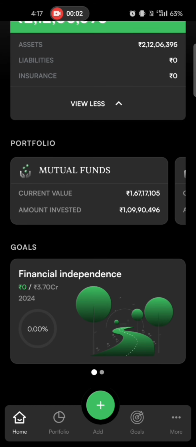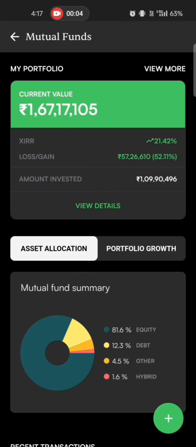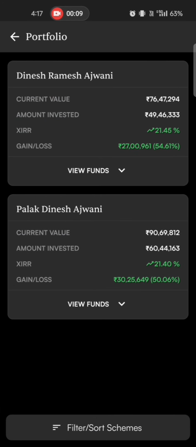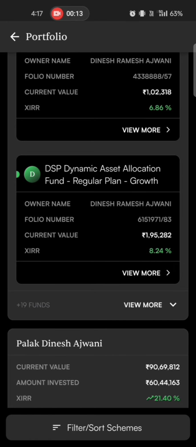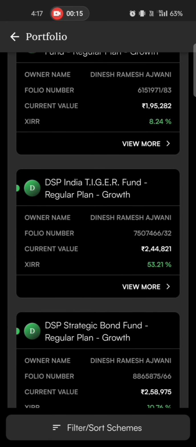Now, when you click on mutual fund, you can view what returns your portfolio has given. Also, you can see here the same details family-wise. Here you can see the mutual funds that you hold and their returns. Go inside,